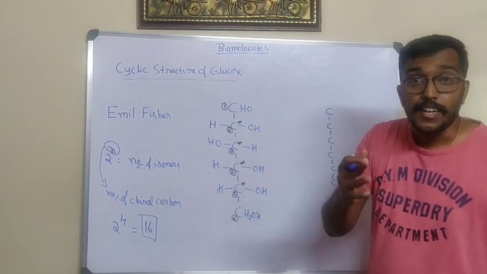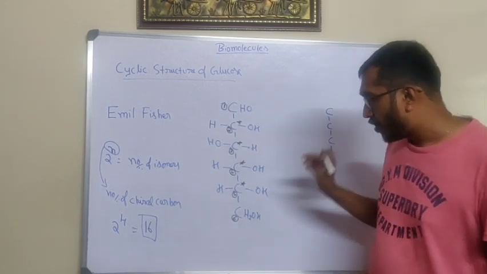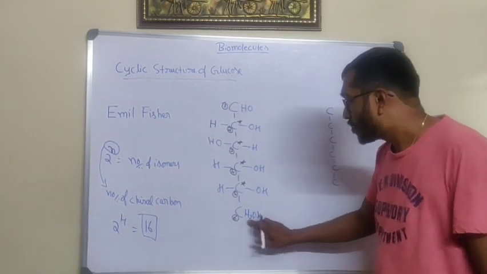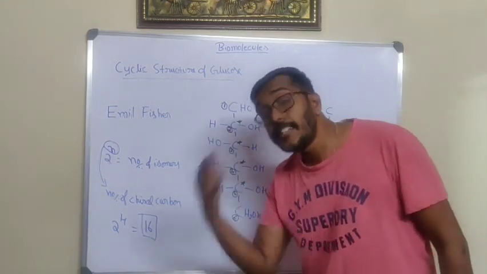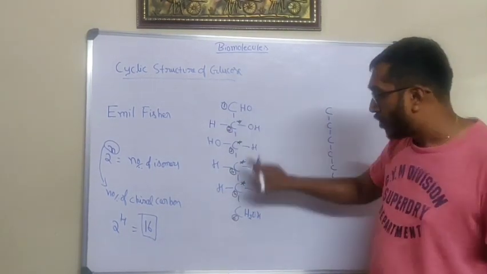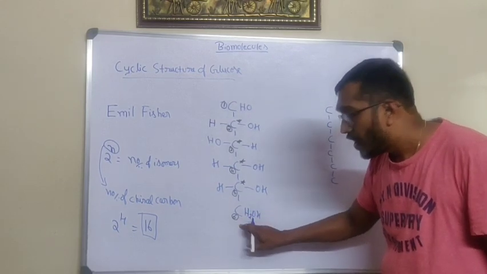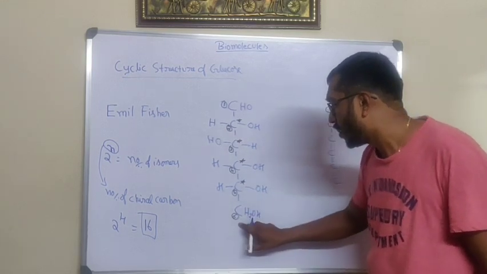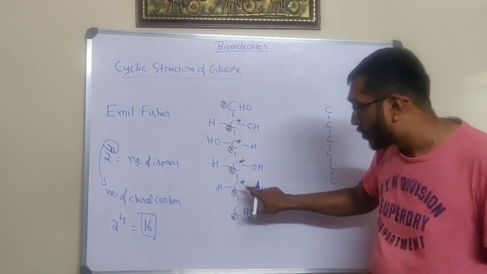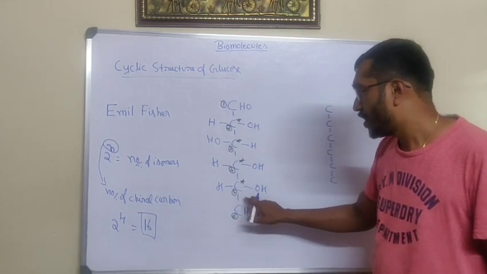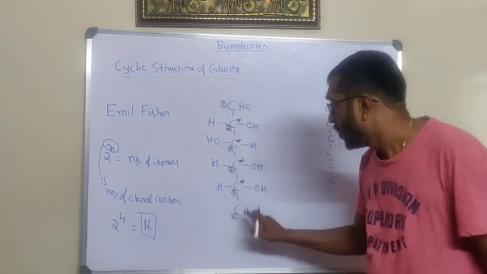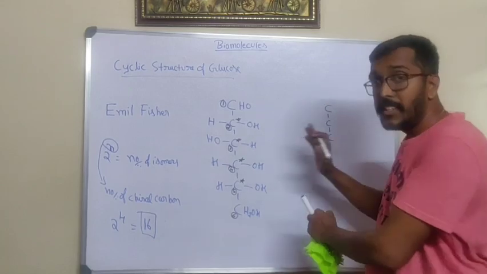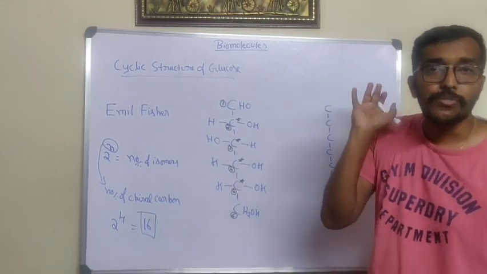To check whether it is a D sugar or an L sugar, we need to concentrate on the less priority group. CH2OH will be given less priority compared to the aldehyde group. So just concentrate here. The less priority CH2OH is here. The next carbon atom, that is the 5th, you need to check whether OH is on the right hand side or left hand side. This OH group is on the right hand side. If OH is on the right hand side, it is a D sugar.